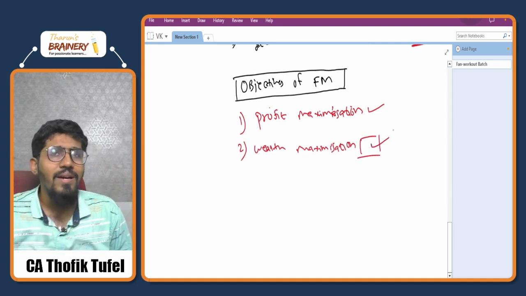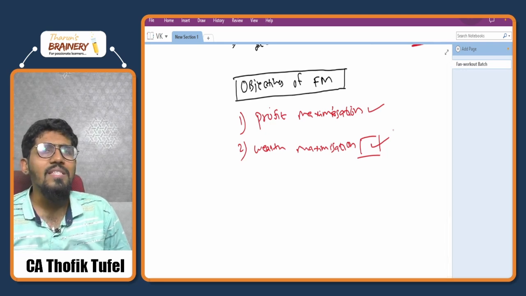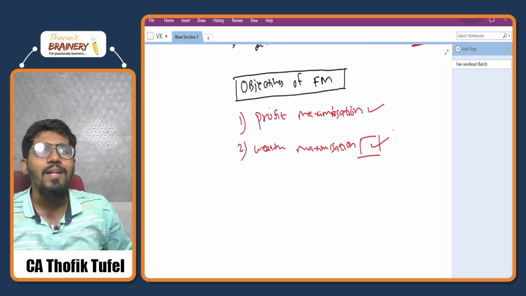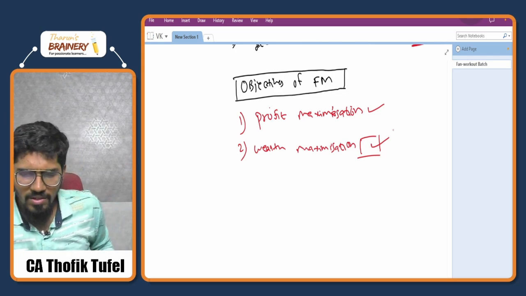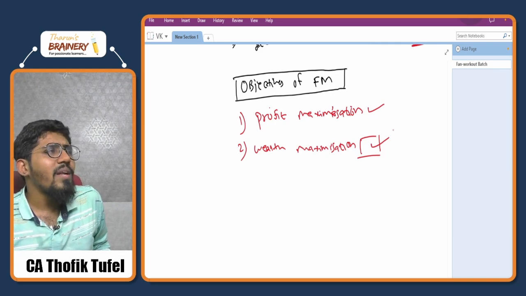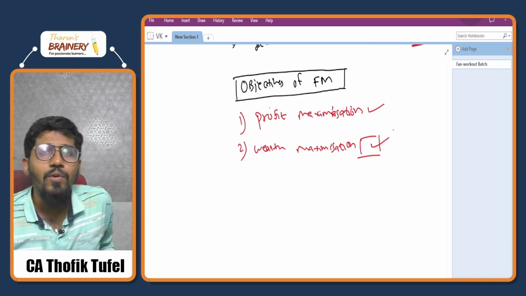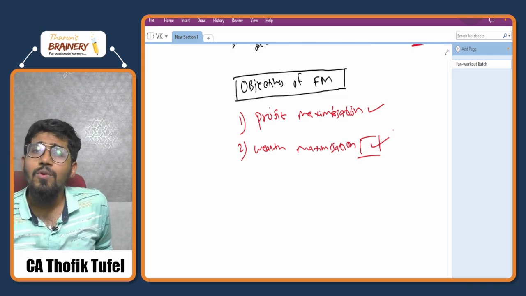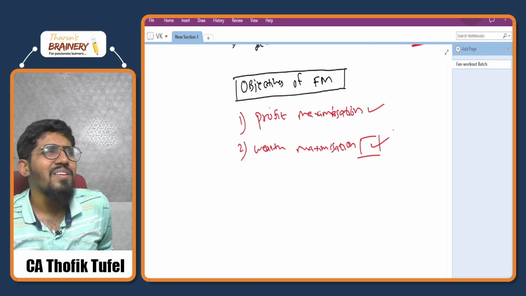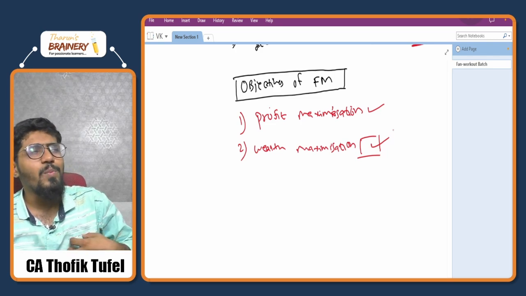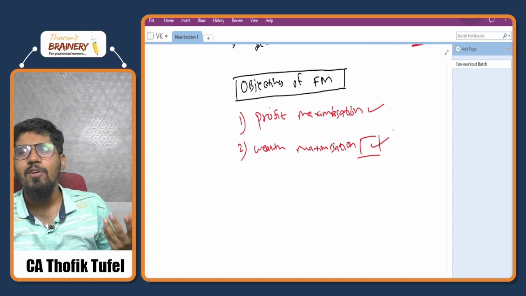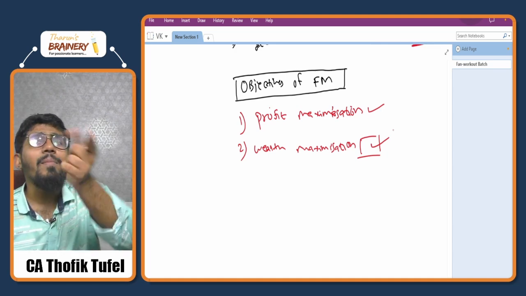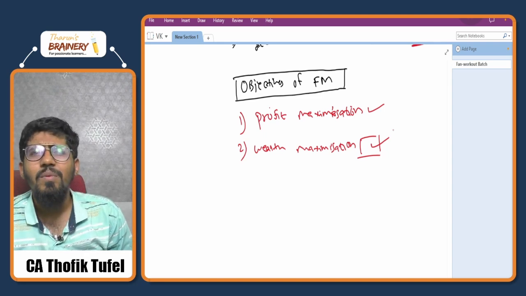First of all, what is wealth maximization? See, profit maximization means wherever profit is more, that decision I'm going to take. Wealth maximization is wherever wealth is more, that decision. But the question arises: what is wealth? Previously, people were only concerned about profits because the public was not interested in the company, which means companies were not listed. There were not a lot of listed companies, so the public was not concerned about it. Management was only concerned about profit. More profit, more earnings I will have, more satisfaction, tripti, I will have. But when the public became interested in the company, the public is not worried about profit.